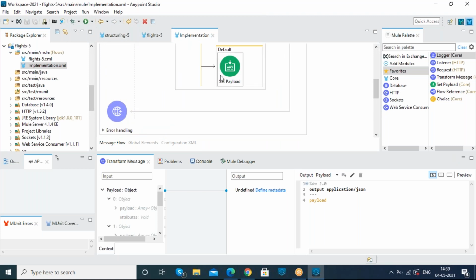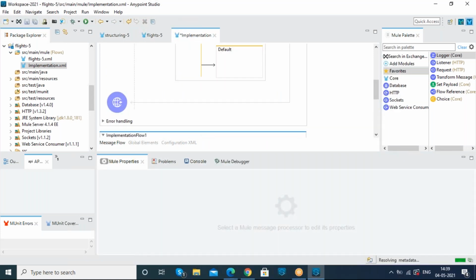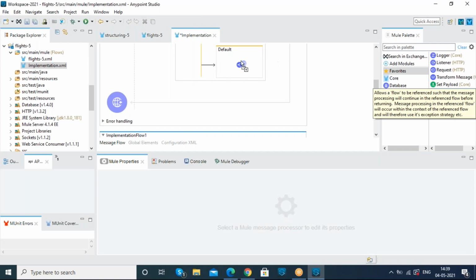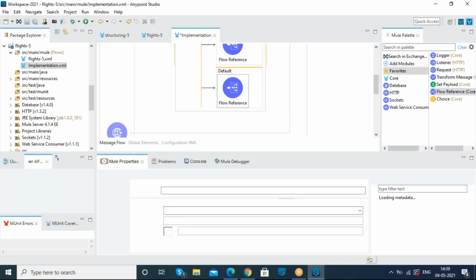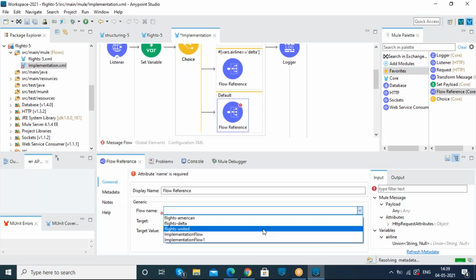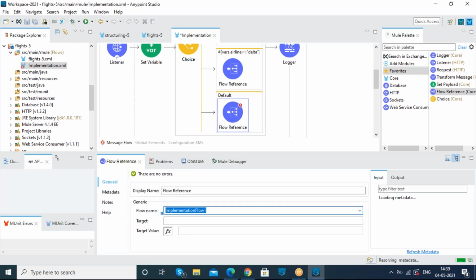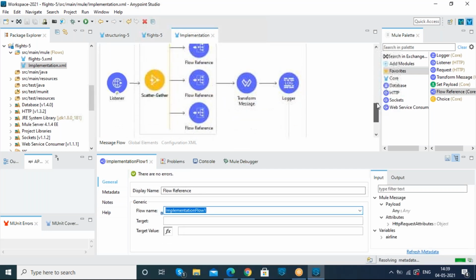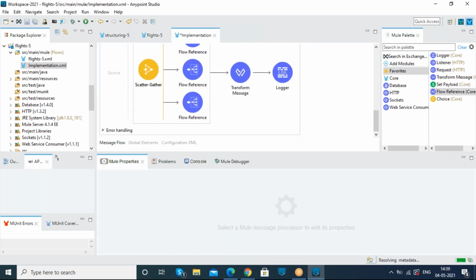So here, by using just one endpoint, I want to call all these APIs that we had created. I'm deleting this HTTP listener connector here.